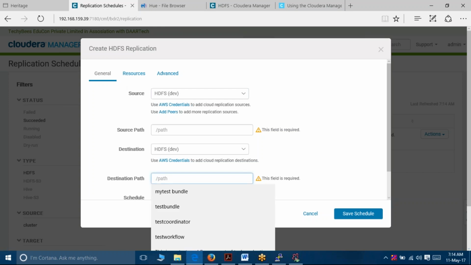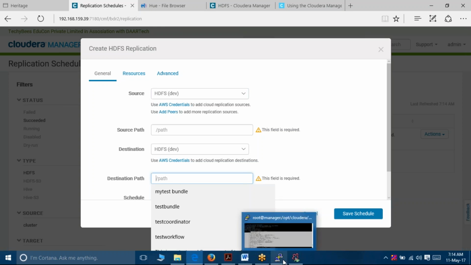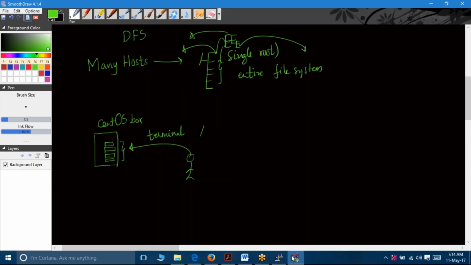What is the destination path here? Maybe in the US you have one Hadoop cluster, and in Japan or somewhere you have one more Hadoop cluster. We try to establish the replication between these two, so that in the event of disaster, something goes wrong with where this Hadoop cluster is being set up,